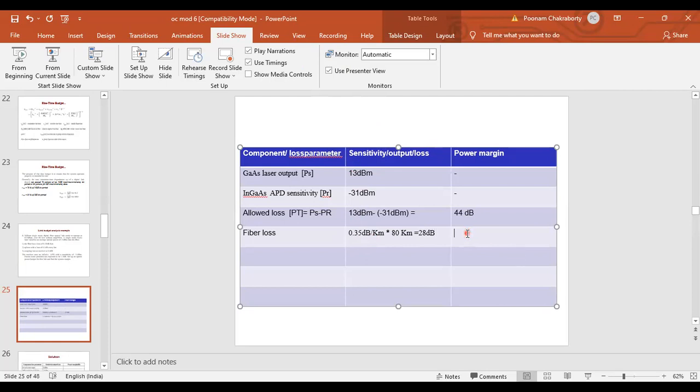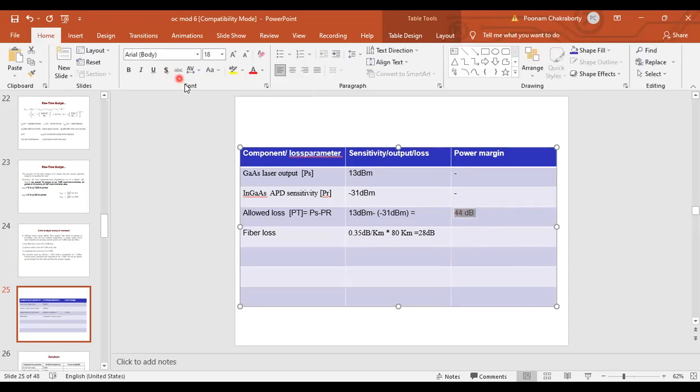So now what you will do in this column is you will keep on subtracting from this one. Okay, so ये मेरा allowed loss है. Okay, so from that allowed loss you will keep on subtracting. So for your reference sake, I am just writing so that you understand, or those who are seeing the recording later on, minus 28. But in other words, you can directly subtract 44 from 28 and tell me what answer you will get over here. 44 minus 28 is how much? 16. 16 dB. Okay, so I'll write 16 dB.